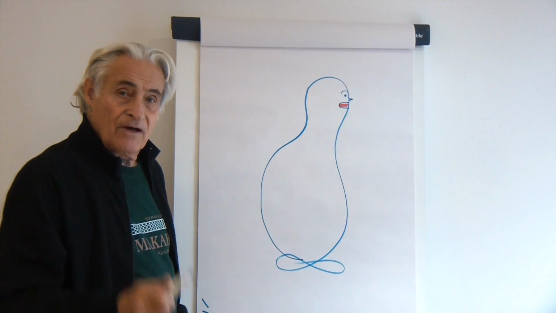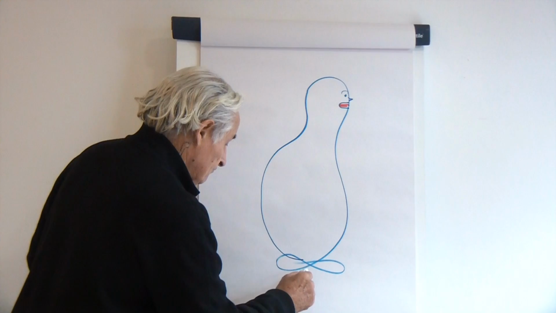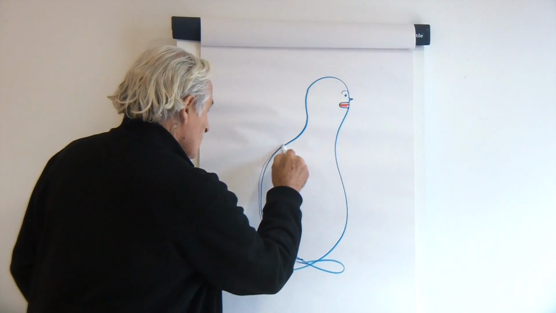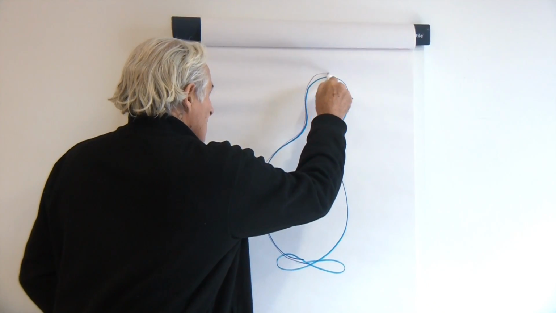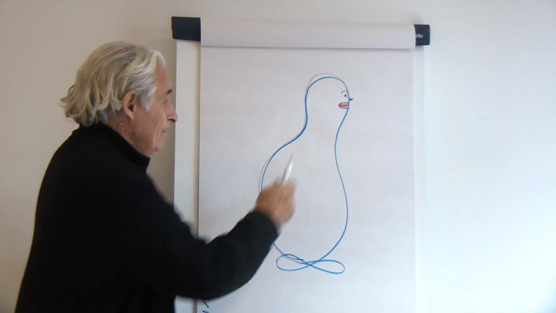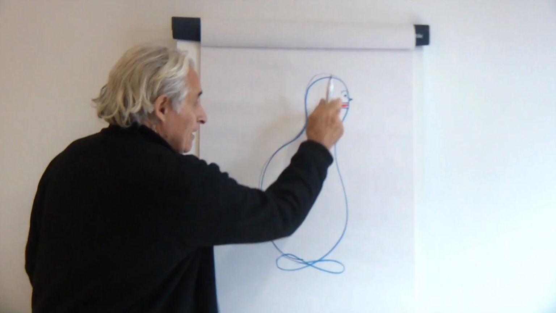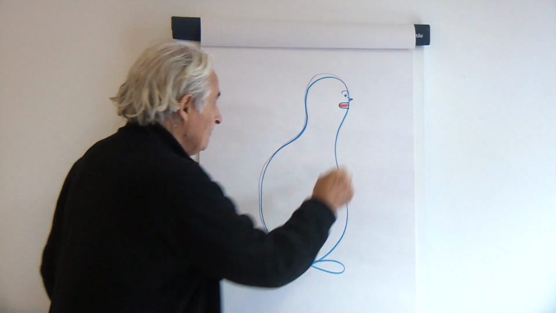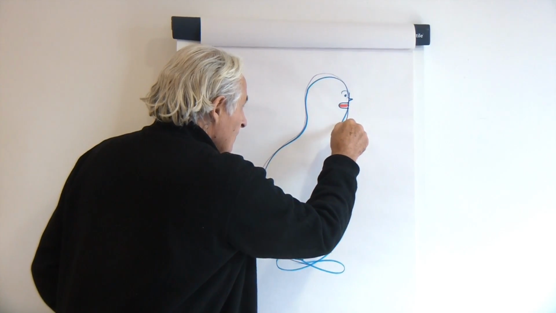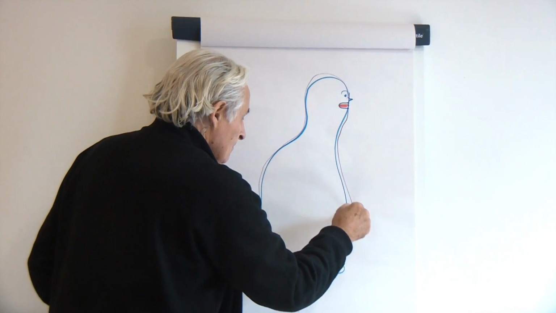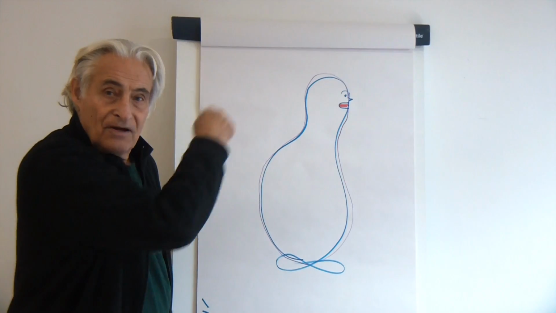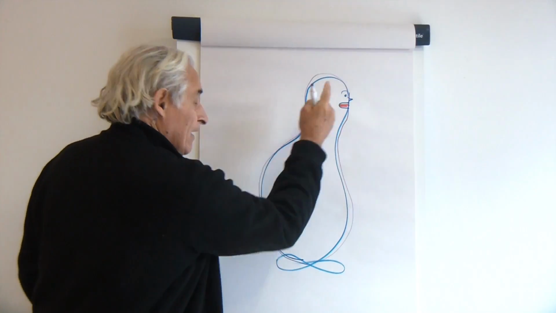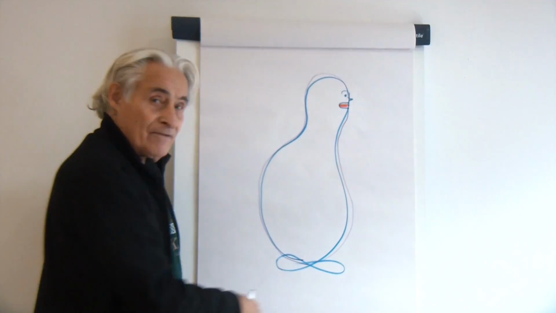The energy that flows up through the back channel, instead of going down the inside of the front, by the connection of the tongue to the roof of the mouth, flows into the front channel. And it reverses the flow of chi, the energy in that channel. So instead of the front channel flowing up, it's now flowing down.